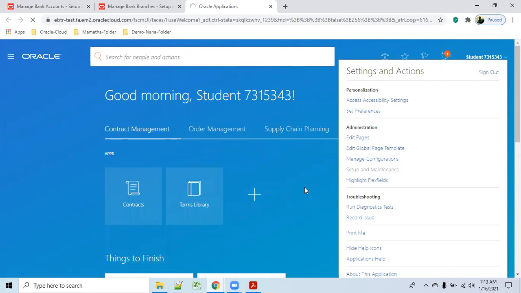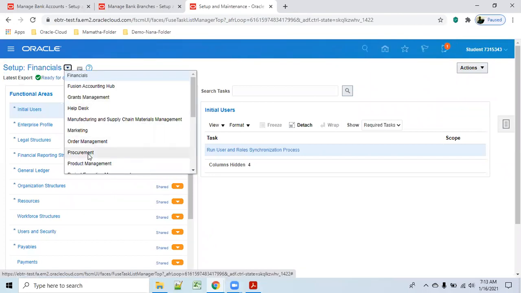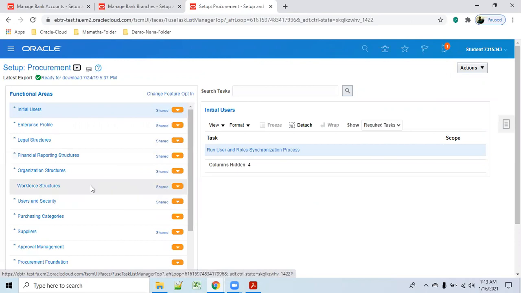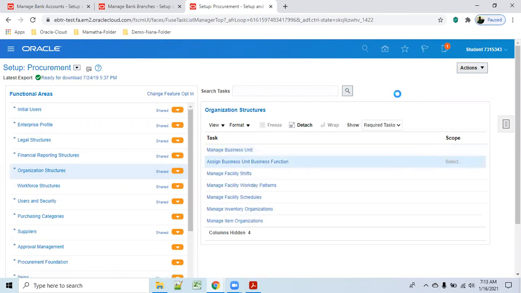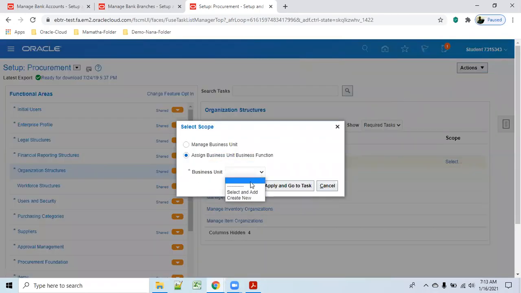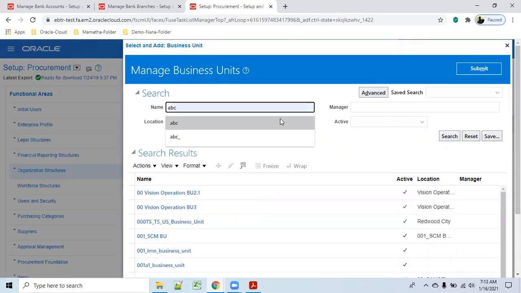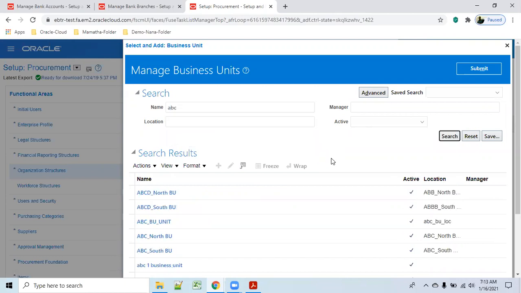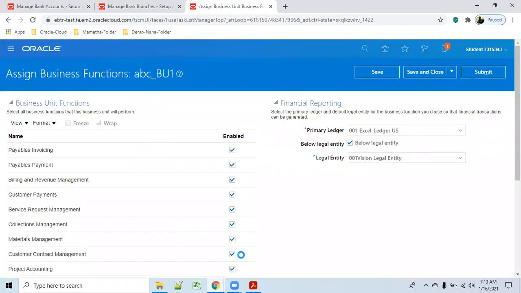Go to setup and maintenance, and search legal entity. My legal entity is 001 Vision legal entity.